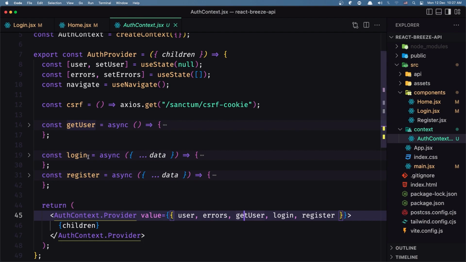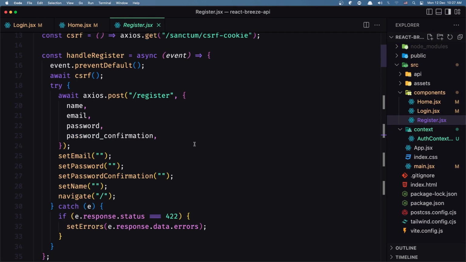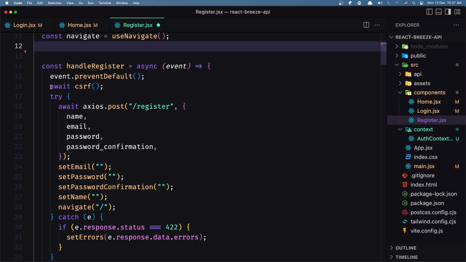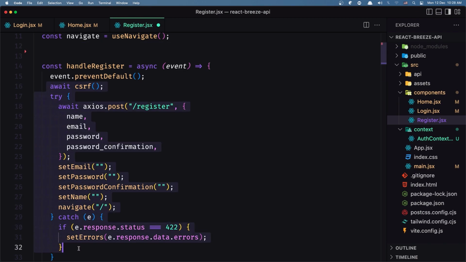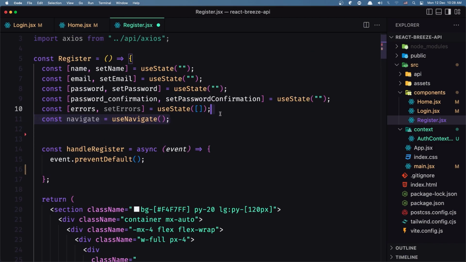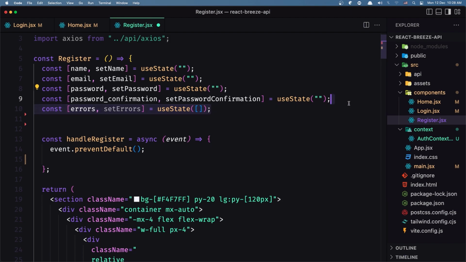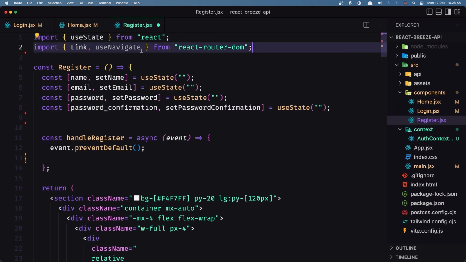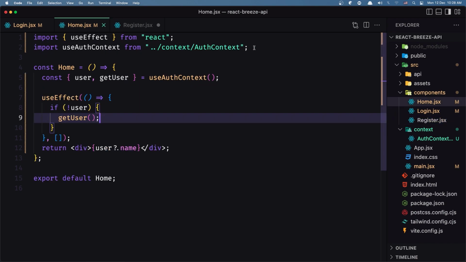The same we need to do for the register, because right now the register is the same as we had before. So I'm going to remove this CSRF and also this one, and the navigate, the errors, also the Axios, and the useNavigate from here. And we need to import the context,